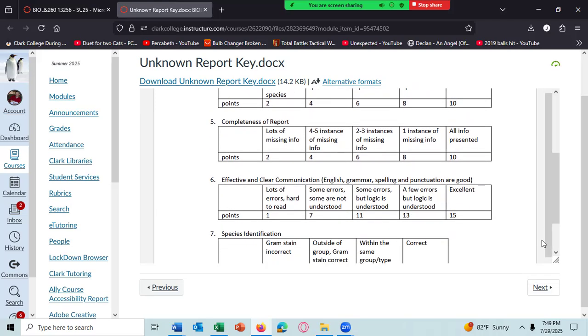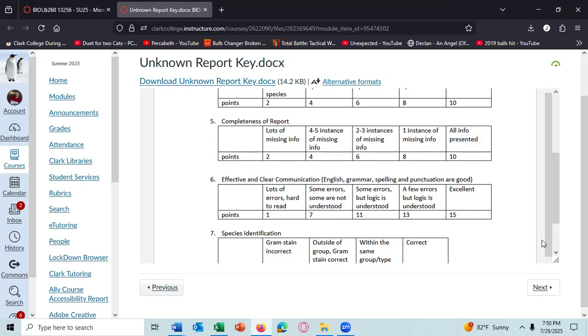Completeness of the report: was all the info asked for presented? Meaning, did you have the daily notes where you included your test requests on which day, you included the information where you got the results on which day, you gave the results, that's your observation, you gave the conclusions, that's your interpretation, and then you gave the species under consideration. So if all of that is there, as well as your table in the lab report identifying your species and the in-text and the full references, then all the information is there